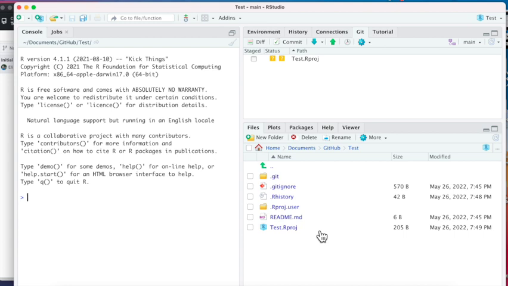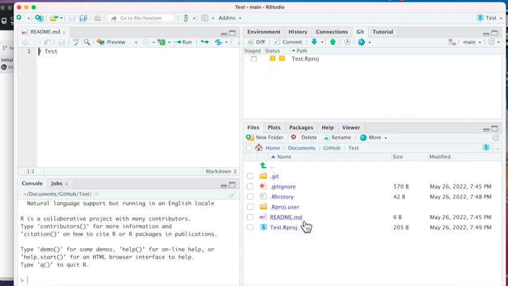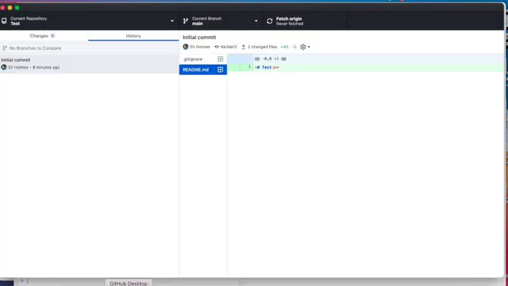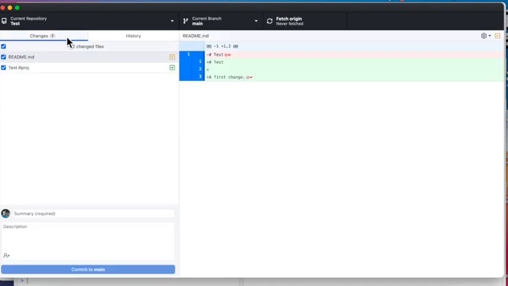All right, so now I've opened this up in RStudio, and remember, like I said, this particular skill of editing files and committing them, it's not in any way RStudio specific. You edit them however you want. Okay, so I'm going to open up that README, and I'm going to make a change. A first change, and then I'm going to save it. So now let's hop back over to GitHub Desktop. Now I'm on GitHub Desktop, and you can see,